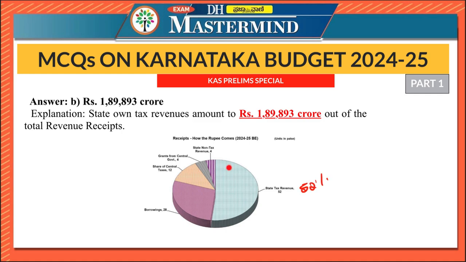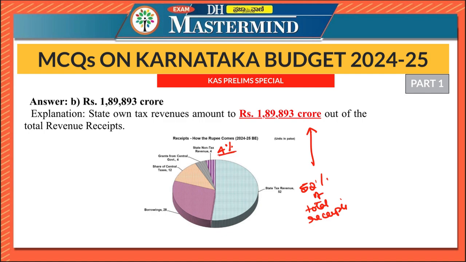52%. So this particular sector represents state tax revenue, and it represents 52%, which amounts to 1,89,893 crore, while state non-tax revenue constitutes 4% of the total receipts. State tax revenue contributes 52% of the total receipts, not total revenue receipts. It's the total receipts, including capital as well as revenue receipts. State tax revenue contributes 52%. So, state tax revenue contributes 52% of the total receipts, while state non-tax revenue contributes 4% to the total receipts